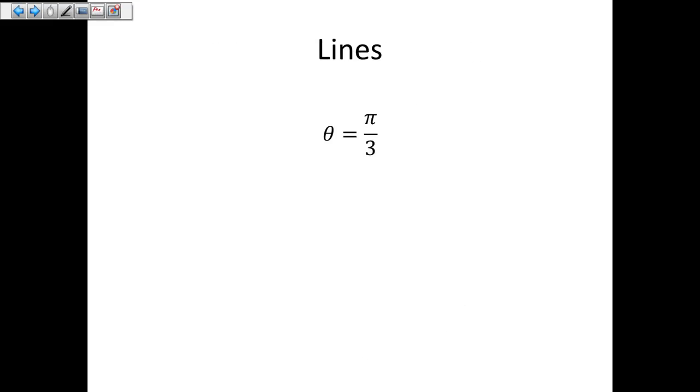Okay, so let's take a look at a line. Now when we talk about lines here, this is not a vertical line, it's not a horizontal line. It is going to go through the pole. It's going to go through the center of the graph. Theta equals pi thirds. Well,